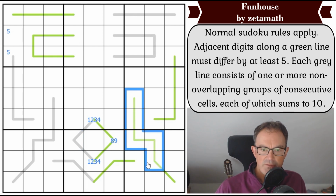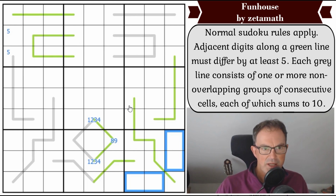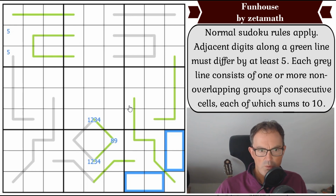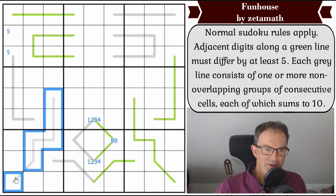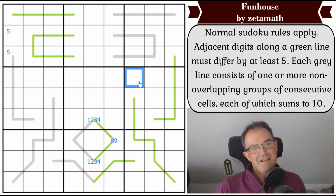Oh, 5 in this box is sort of empty rectangle-ish. No, that's not it either. Oh dear, hang on. I'm sorry. I'm not quite on the same wavelength yet. I don't think I can do anything with this. It's funny, the long lines here, I don't think we can do anything with them initially. That's famous last words when the whole break...